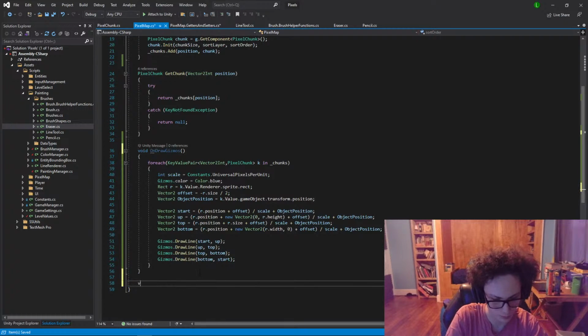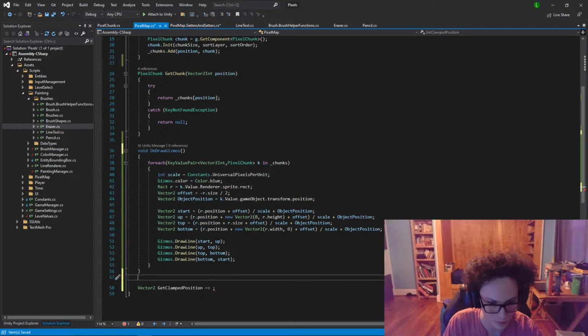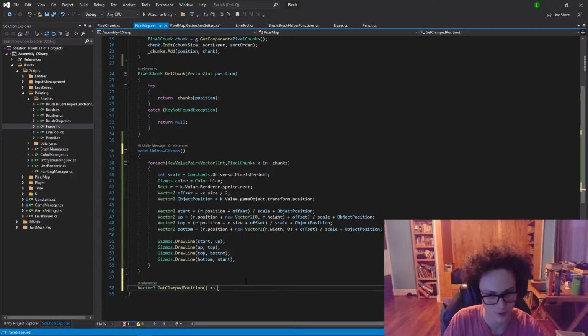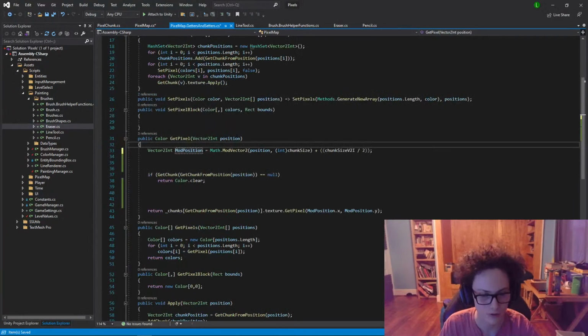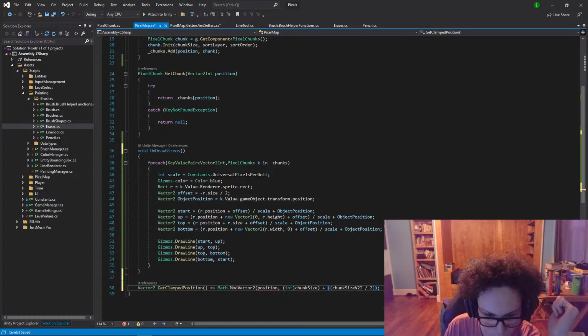Oh wait, no, then I would do Vector2 get clan position. And then it would be a function. And then we would need that. That we need to do a little bit of